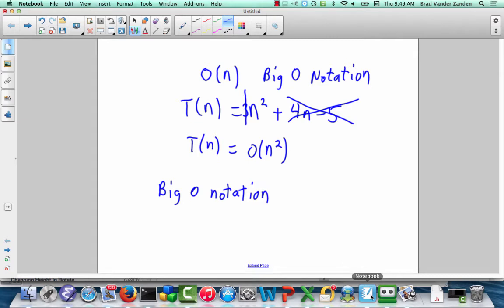Now, we're going to see that when we refer to BigO, we typically mean theta O. We'll get to that. But the way it's colloquially used in computer science is BigO notation is typically